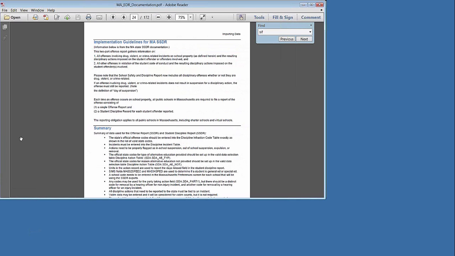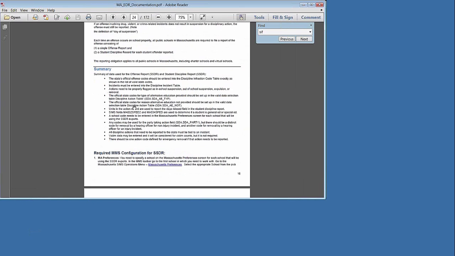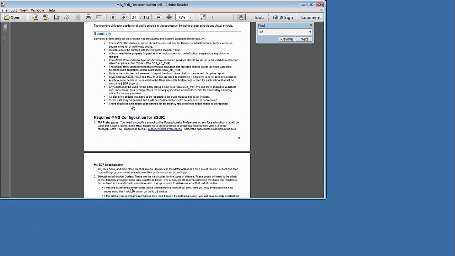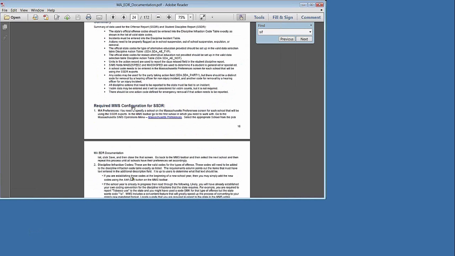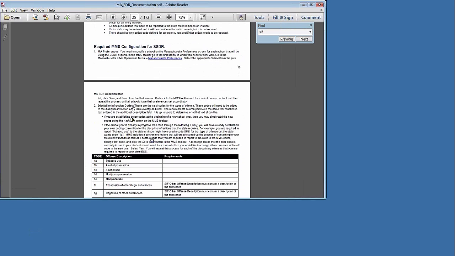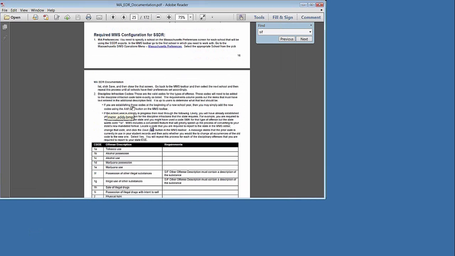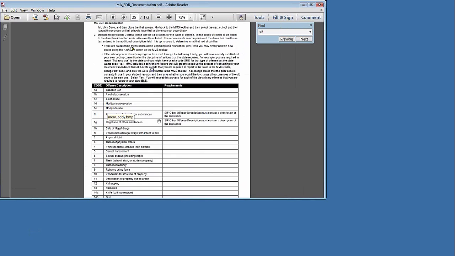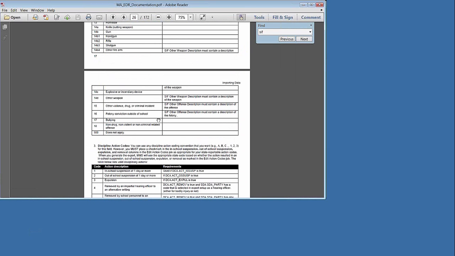The implementation guidelines are included, and there's some information coming directly from the Massachusetts Department of Education, and also some configuration information as far as codes that need to be entered in MMS for infractions and actions. You'll see an entire list of those codes included, and we'll take a look at where those are available